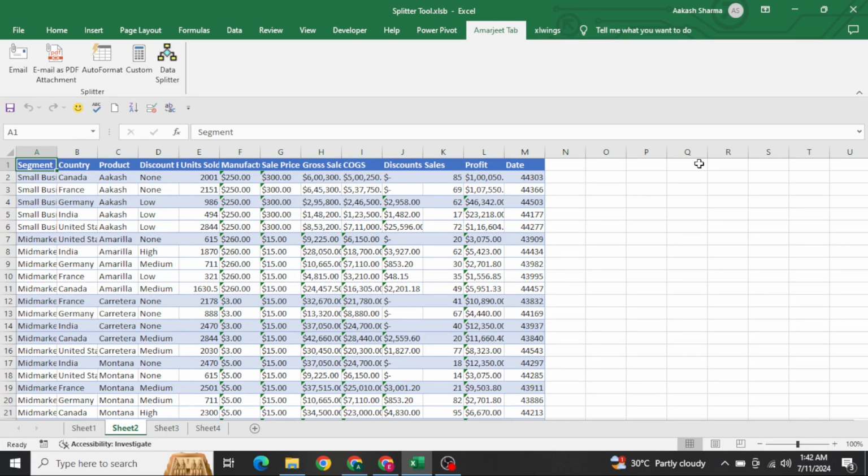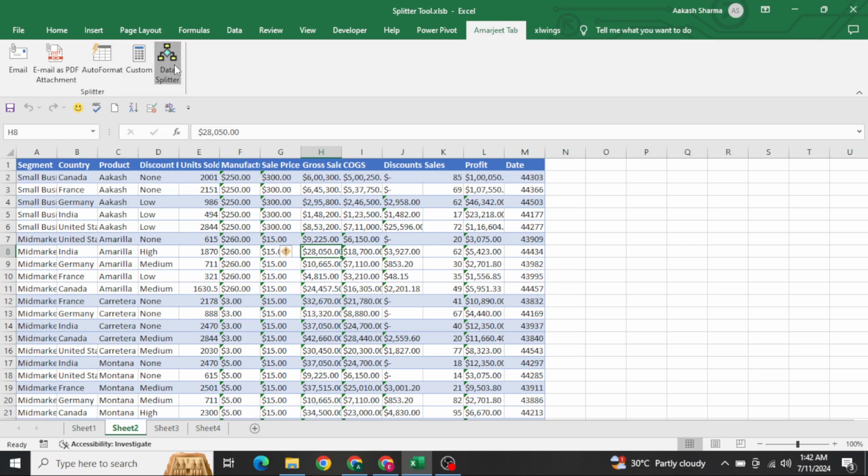In today's video, we are going to create a data splitter using Excel VBA. So here, if I have been assigned a task that, Akash, you will have to extract and split the data product-wise in a different sheet. This is one task, and the second task is that you need to split the data into different workbooks and save those workbooks somewhere in a folder. Here you can see I have created a macro and assigned it to this particular tab. How we can assign it, I will tell you in this video.